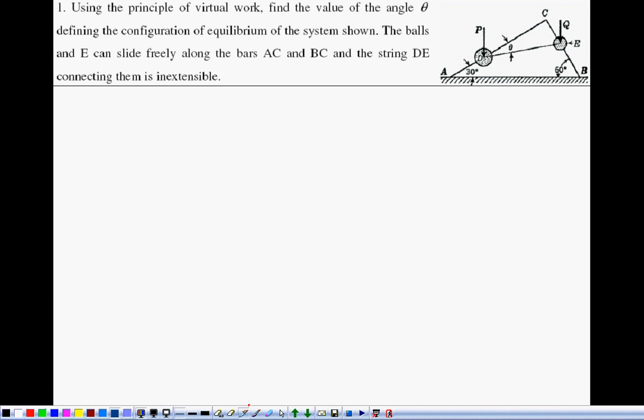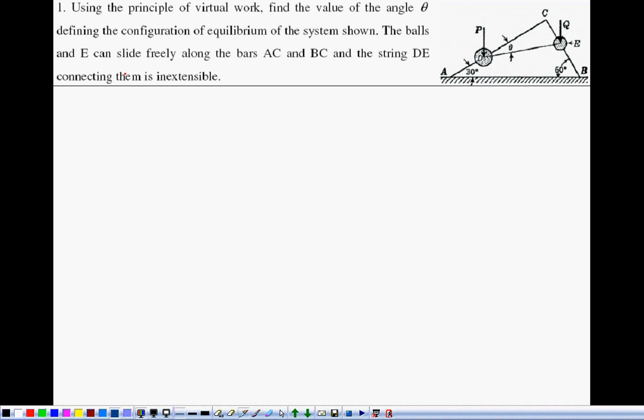Okay, let's look at this problem. We have DE, which is a string which is inextensible. You have a force P and a Q acting vertically downward on these two masses. You have ABC, where CB is a bar, AC is a bar, and these are sliding along them. Okay, that's the question. Now we need to find out, as pointed out here, the balls